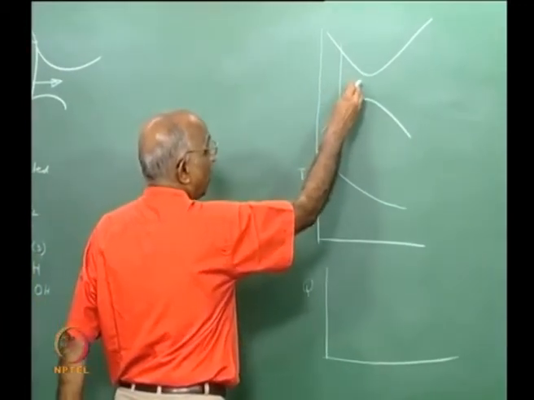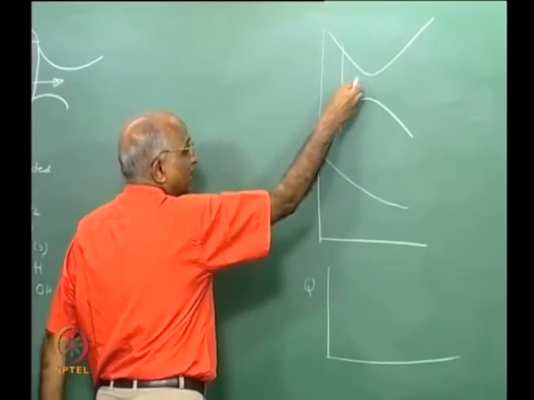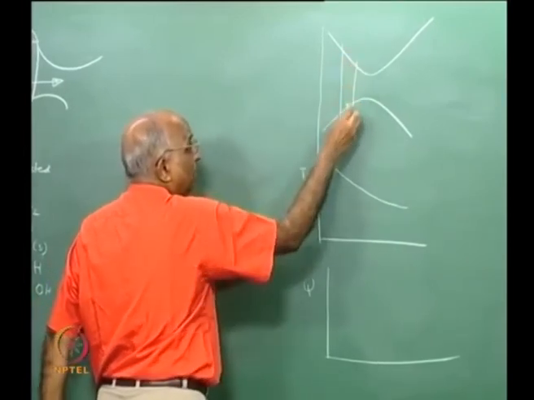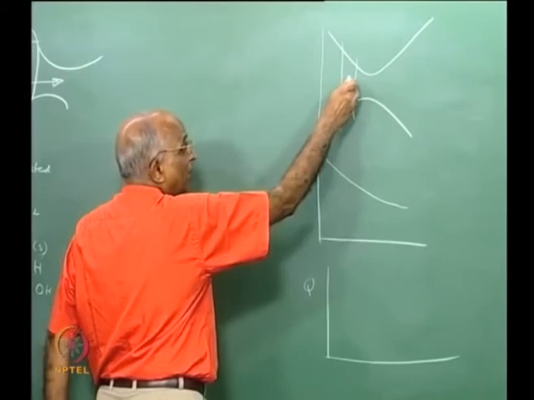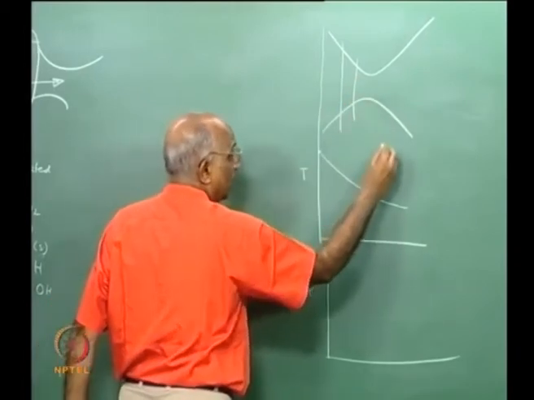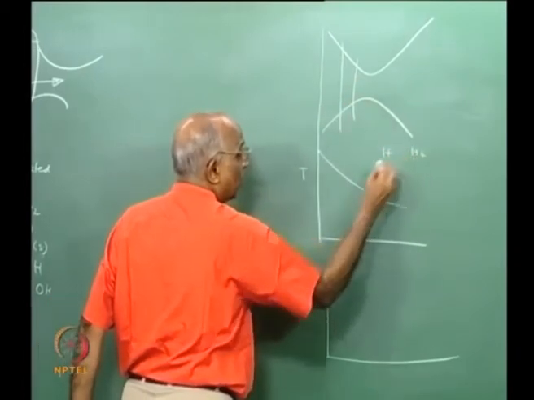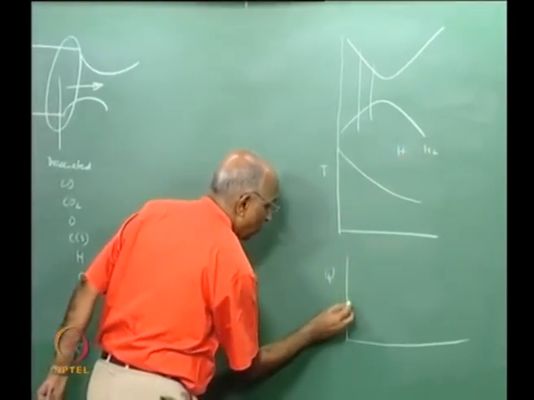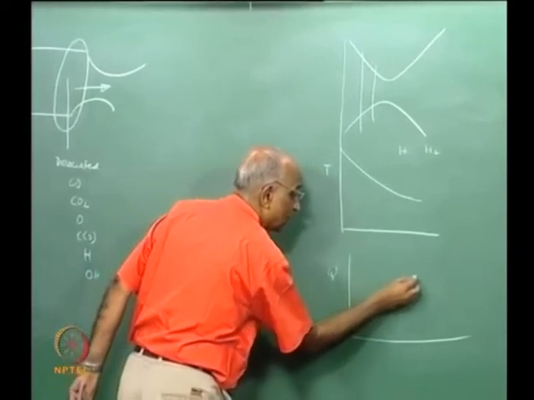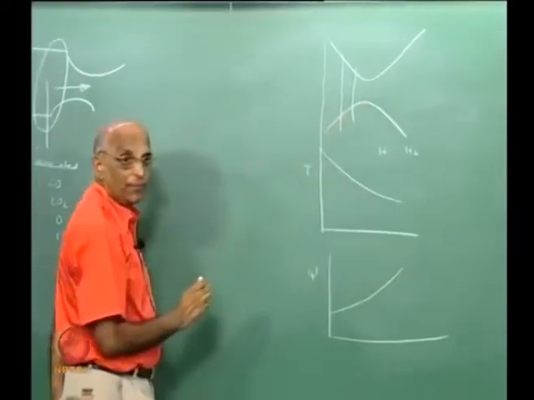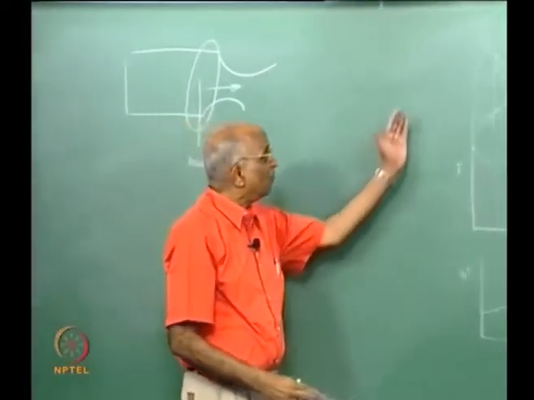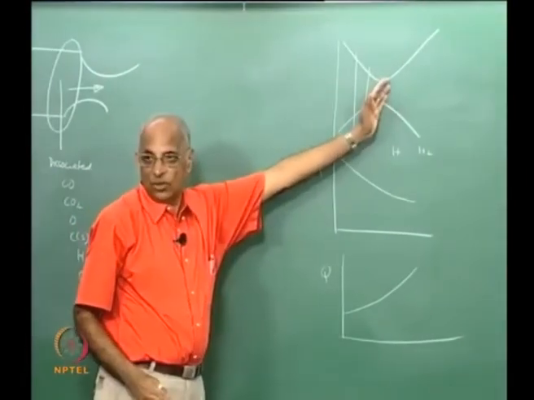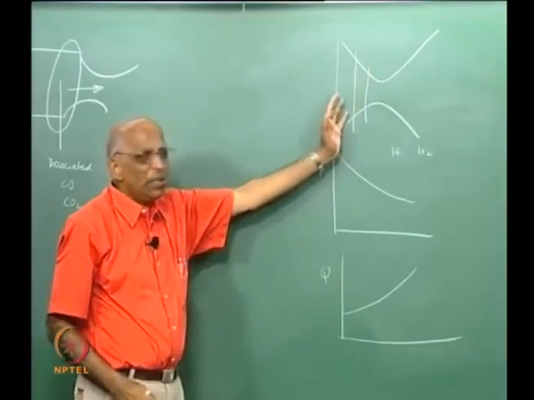temperature falls, the amount of dissociated species get decreased, and for equilibrium to take place, what is going to happen? I am going to get more complicated things: H may not be there, I will start getting H2 again, which is more stable, and the heat gets released, and therefore maybe the heat release will take place in the nozzle itself. In other words, as the flow takes place in a nozzle, I get equilibrium which is shifting at